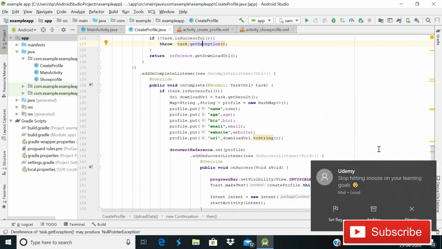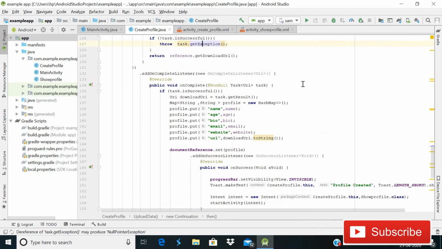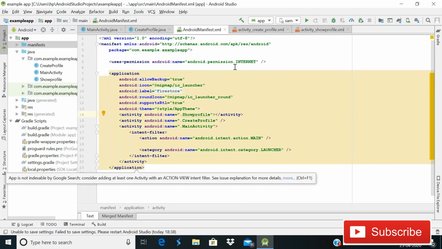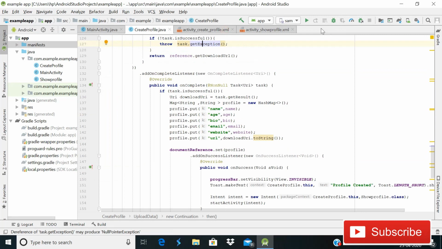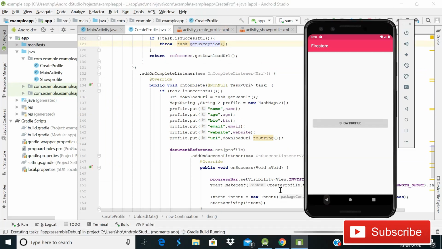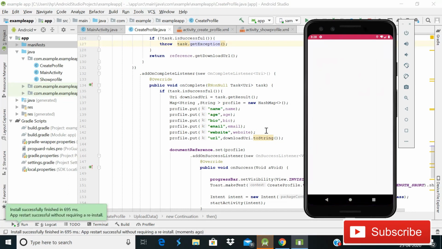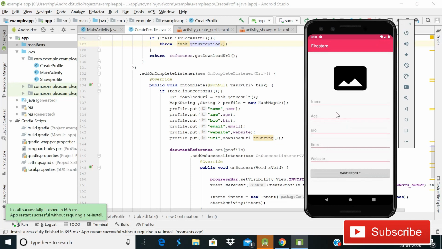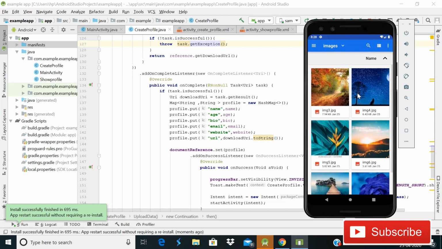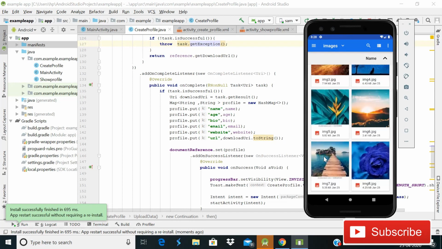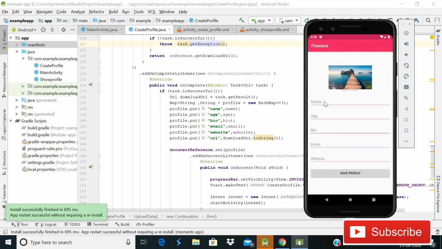We are not making any mistakes, everything is fine. So it's time to run this Android app, but before running that, make sure you have given internet permission in your Gradle build. I have given it, you can see, and I will run this app in my emulator. So now you can see that our app is running pretty fine, there is no error. And if I click on this button show profile, we will go to the create profile activity, and here when I click on this image view, you can see that we are able to choose any image. So I will choose this one, and now you can see this image view,